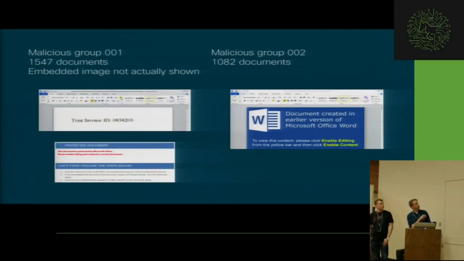So over the month, there were 1,500 of these. There were around 1,000 of these, and they both were downloading the exact same payload. So from an analyst standpoint, right away you can say, okay, these 1,500, I understand all of them, and then I can look at the payload, get some runtime data from when we open them, and describe this group that's sending them, and supplement our convictions with that kind of data.